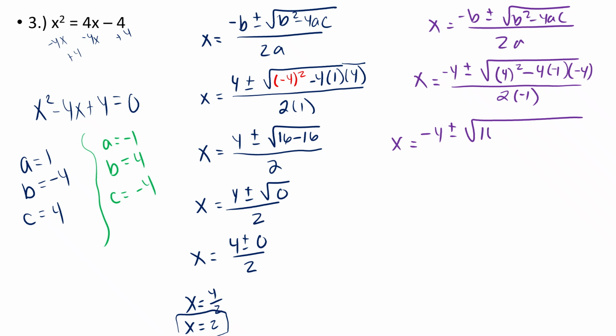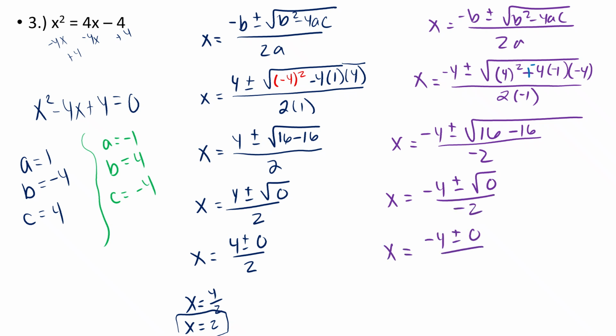Now, 4 squared is 16. And this, again, just remember, this is plus a negative. So it's -4 times -1, which would be +4. And +4 times -4 would give you -16. 2 times -1 is -2, and 16 minus 16 is 0, and we end up here again with -4 plus or minus 0, and instead of +4 over +2, we have -4 over -2, which would still give us